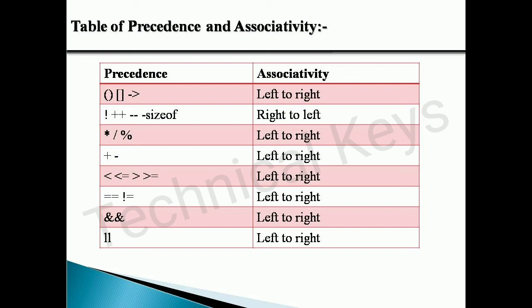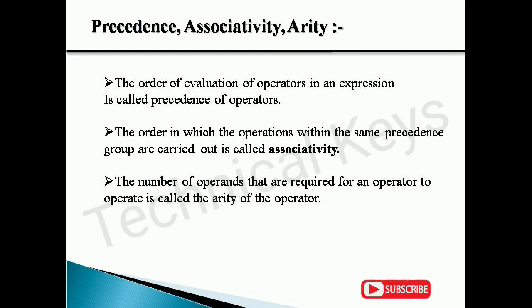So for that purpose you have to keep in mind, there is no need to learn all these things by heart. You just have to remember one row, this row, because only for these operators the associativity is from right to left. For any other operator you can just follow left to right, but only for these operators you have to follow a right to left approach, and hence you have to follow this associativity. So please keep in mind that whenever you are performing certain operations, you have to follow this concept of precedence,